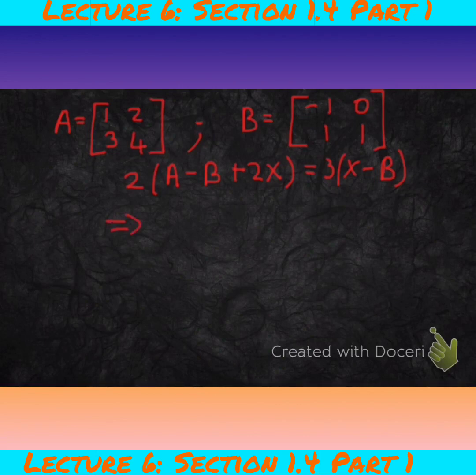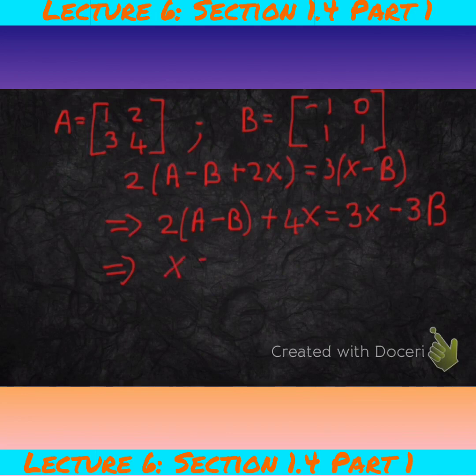So from that, we get 2 times the matrix A minus B. This is the distributivity law that we're applying, plus 4x. And on the right-hand side, the distributivity law that we're applying again, that's 3x minus the scalar multiple 3 times the matrix B. And again, from there, let's simplify that. So on the left-hand side, we get x. And on the right-hand side, we have